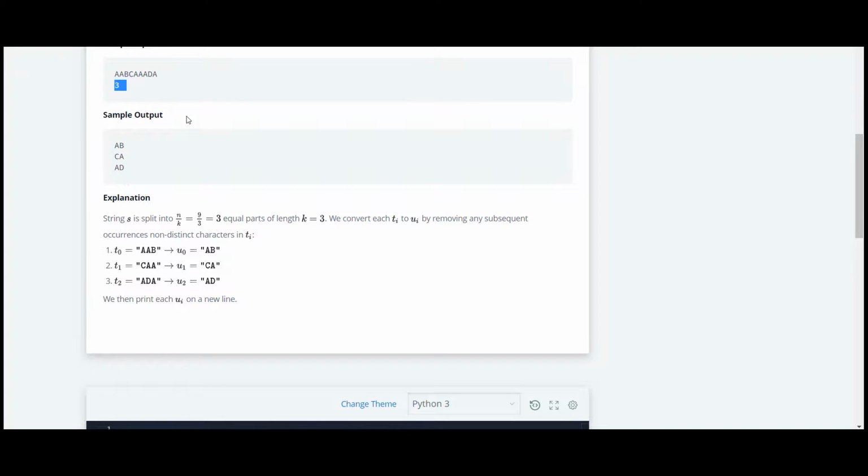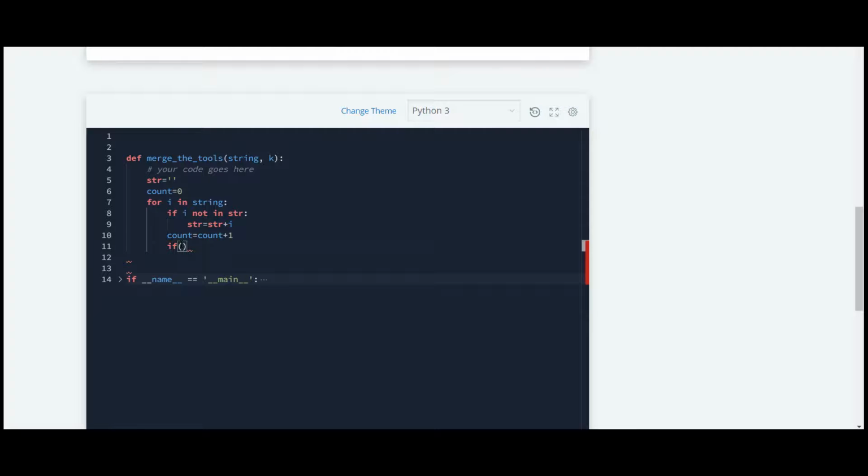This number I'm talking about. We'll check if count is equal to k. If it is equal, then we assign count again to 0, and then we'll print the string str and we'll initialize the string to null again.